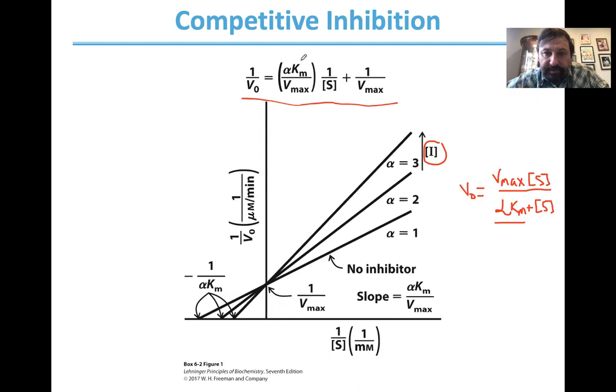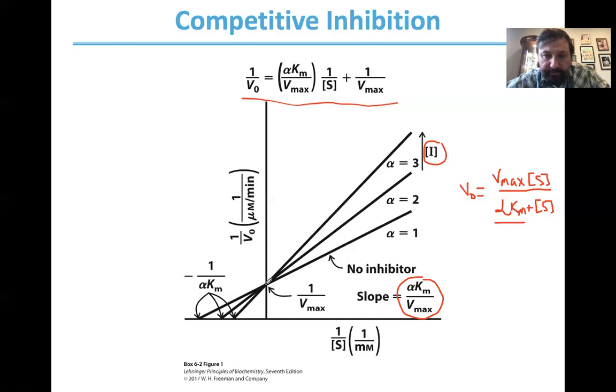You increase the apparent Michaelis constant. And so the slope changes, the slope keeps increasing as you increase the amount of the inhibitor, right? And as the slope changes, this ratio increases,